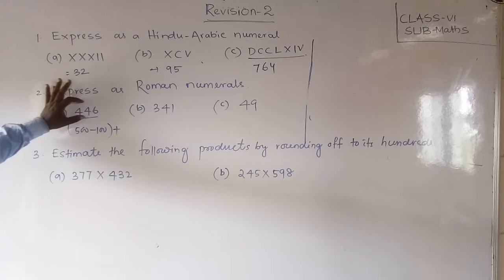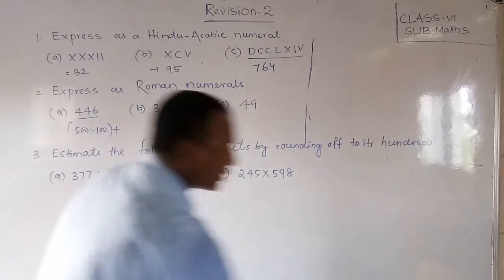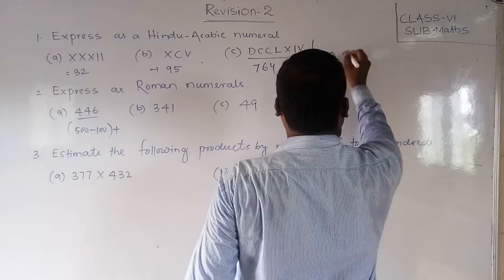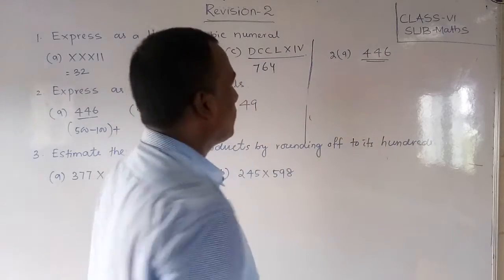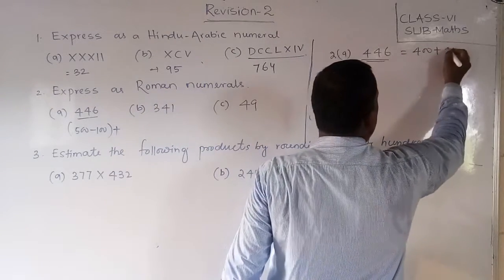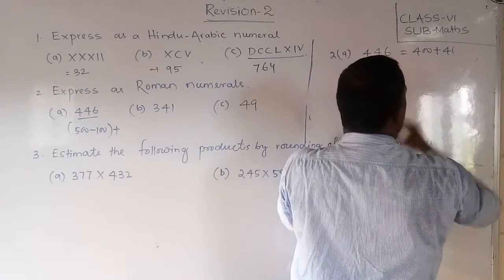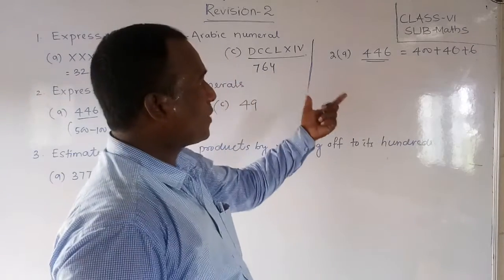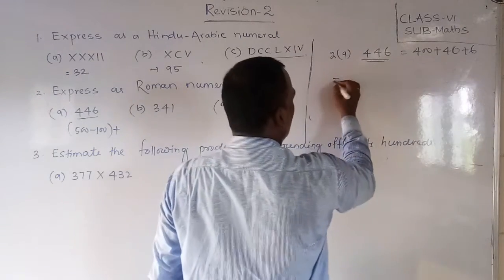Okay. 446 means 400, how can we write it? We can write it this way, or we can do it also. Here I am explaining to students. What is that? The second way, 446. Yes. So how can we write this? First of all, we can write it as 400 plus 46. Okay, students. Or 4 plus 40 plus 6. Okay. Expanded form, like we have written: 400 plus 40 plus 6. Okay. Is equal to this, student.